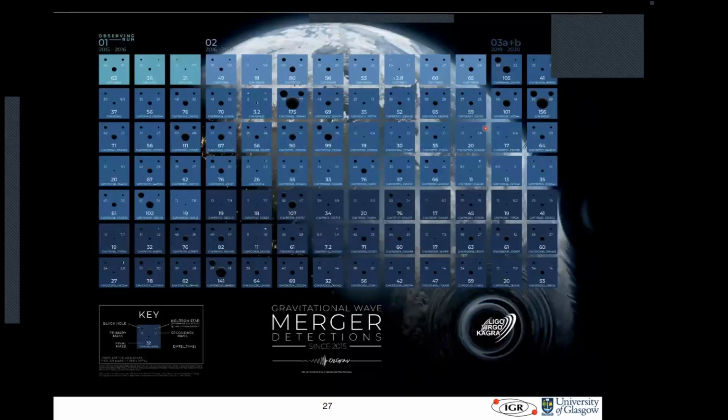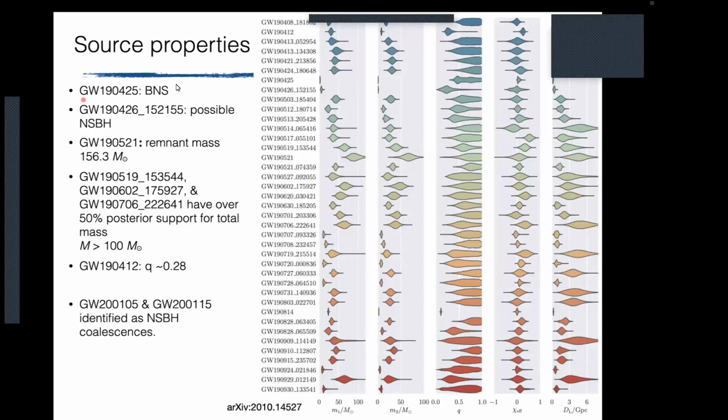What I just talked about was the first detection, which is O1 here, the first observing run, and O2, which is the second observing run, and this is 170817. Okay, and we finished O3, which is the third observing run, and we're actually in the middle of the fourth observing run. And we can see that now we have about 90 detections. So if you count across here, you'll find that there are 90 gravitational wave detections. The majority of them are black holes, and we observed one more binary neutron star, which is